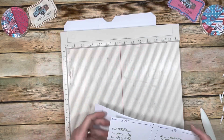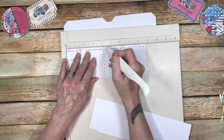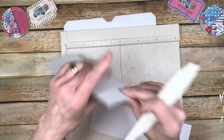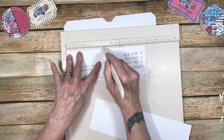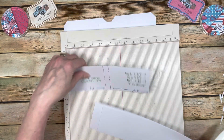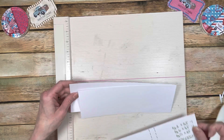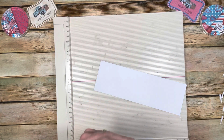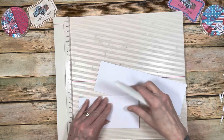And score at 4 1/8, and then turn and score at 4 1/8, and that'll give you your waterfall pieces. And then this is a stacked waterfall, so y'all have seen me do this before, but basically you just, after you score and burnish,